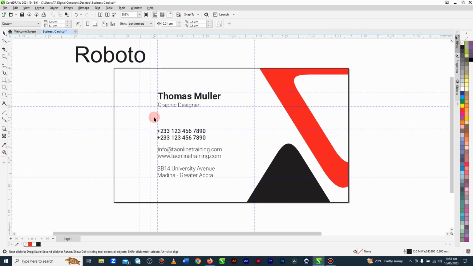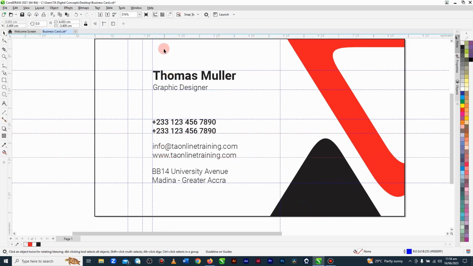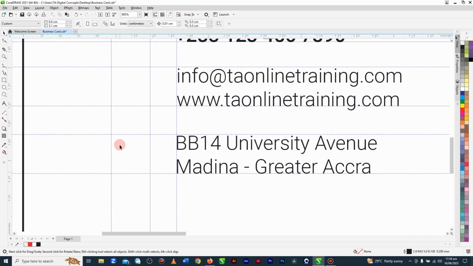Okay, all right, good. Now what we are left to do here is to get these icons here. I just want to put icons, so I'm just going to drag this guideline here to place it below very nicely, because I don't want the icons to go outside this information that we have here. So these guidelines also help you a lot to get your design well aligned. Okay, so as you can see, these icons are not going to be bigger than the box that we have here. So quickly we go in for our rectangle tool,